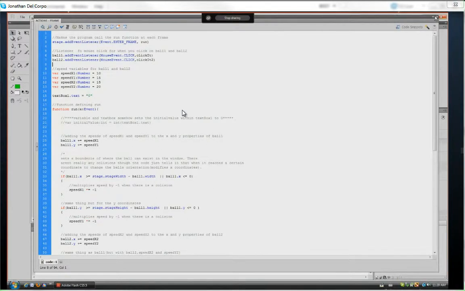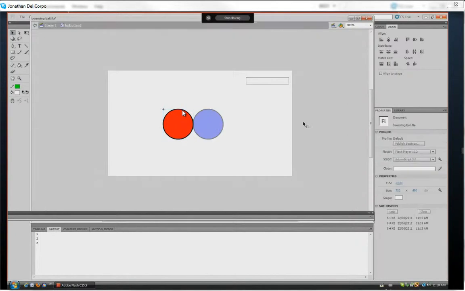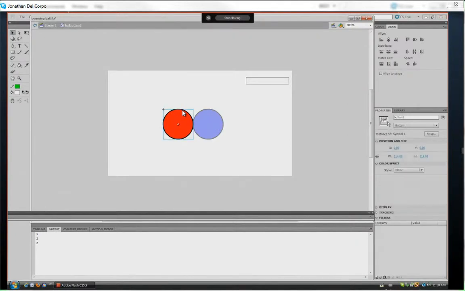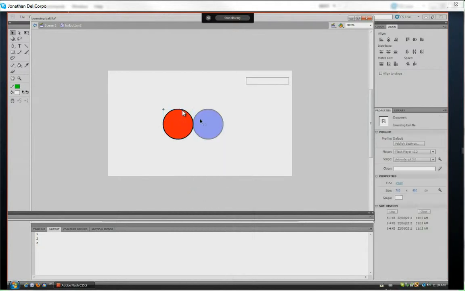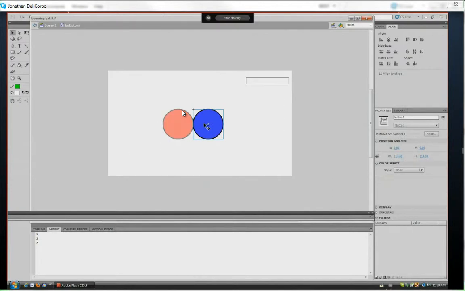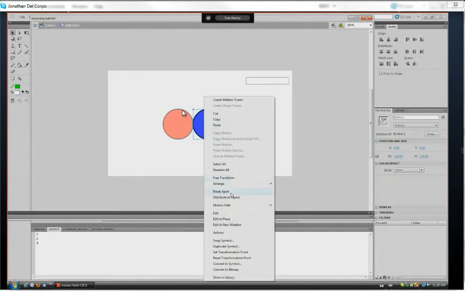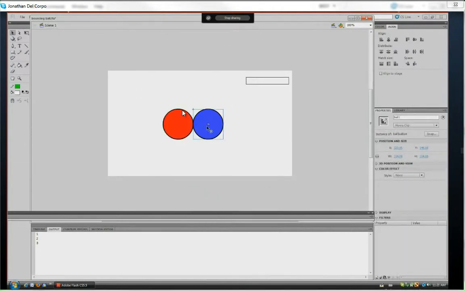So it will only be a ball that contains fill and lines. How do I do that? You just click on the ball one time and then right click on it and break apart. That breaks the symbol. Do the same for ball two. You can also do Control B. Now if you click on your blue ball, double click on it, and now if you click in it,